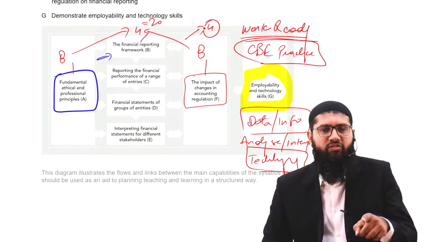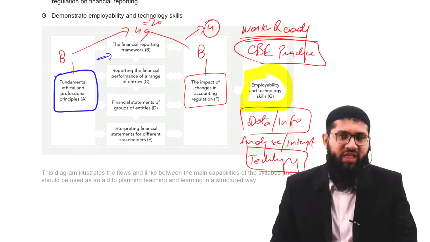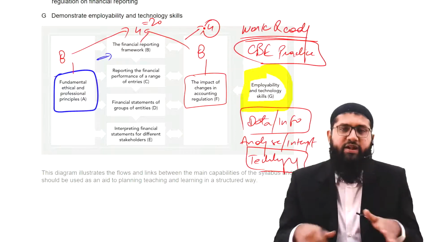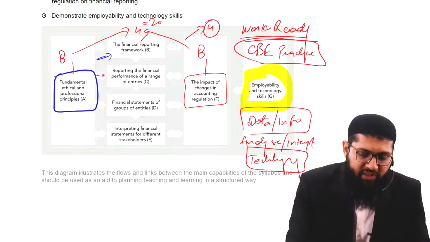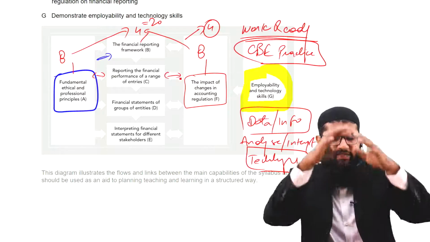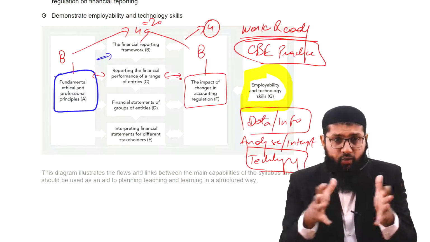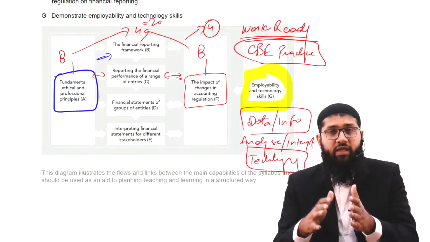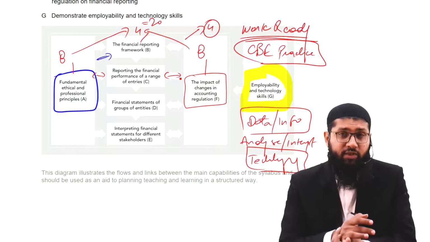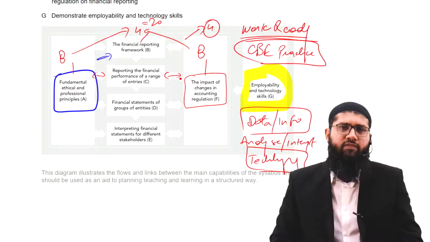But these 4 hours should be applied at the end of the course. They should not be applied at the start of the course. Because once you study all of these things, you see these connections. They are telling you that every single aspect of the paper is connected to the other aspects. So that means that for you to be able to apply current issues, for you to be able to apply ethics in the given scenarios, for you to be able to connect the conceptual framework, you should study other areas of the syllabus.